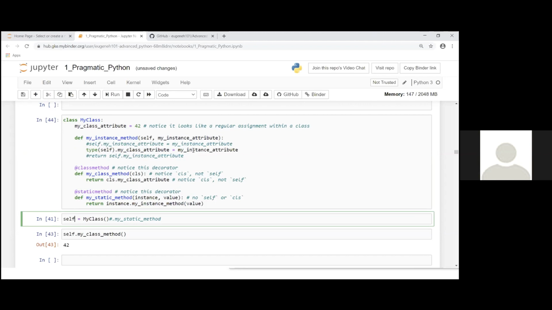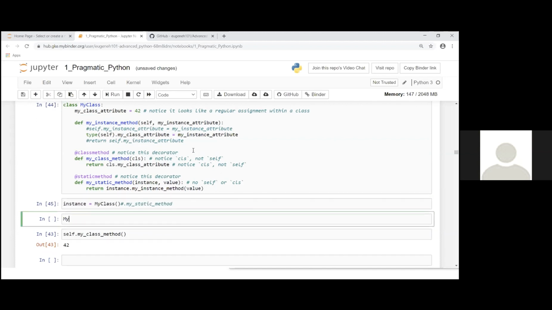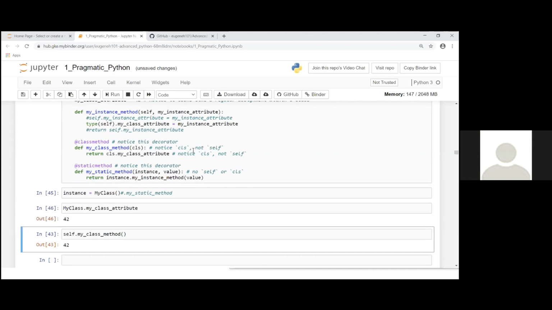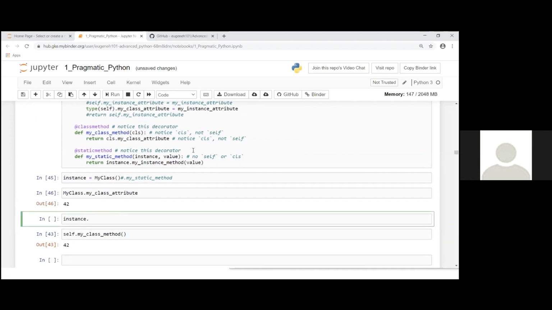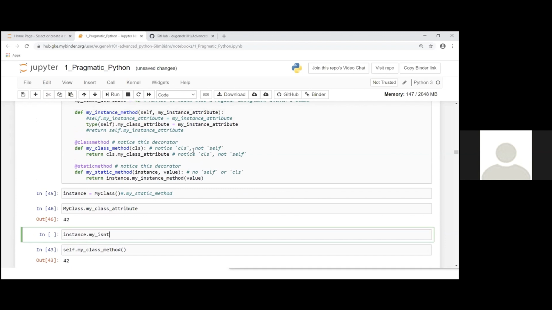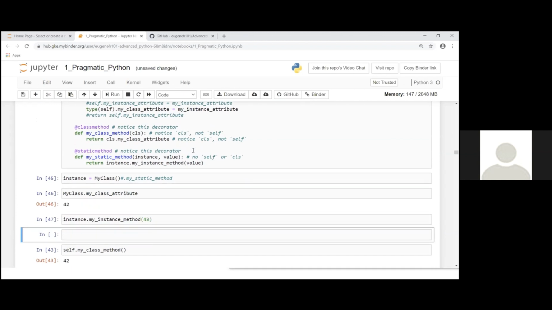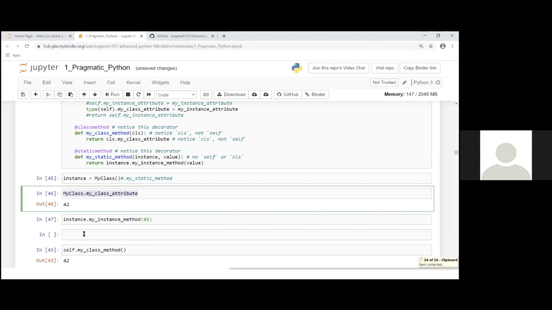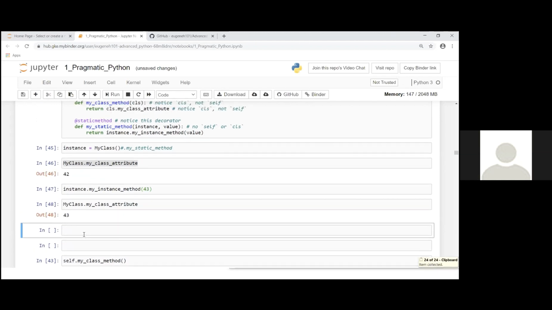It has access to the class itself. So the class attribute is currently 42. I'm going to set that to 43 from the instance. So that can be done if you want to.